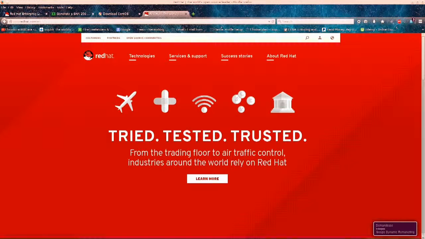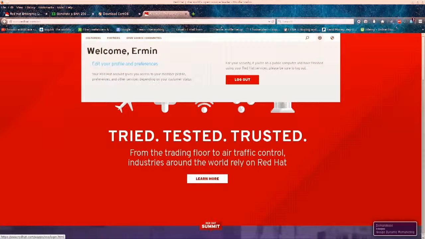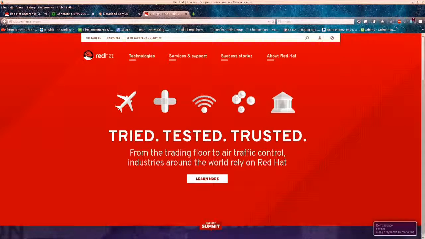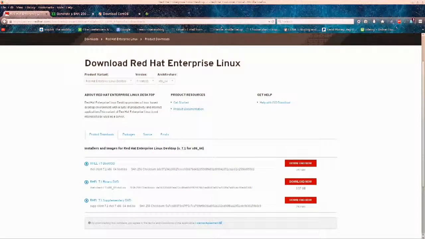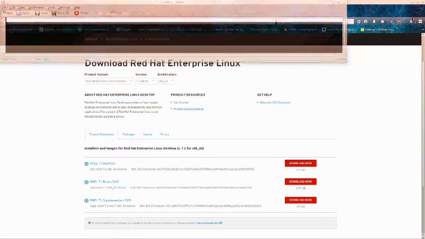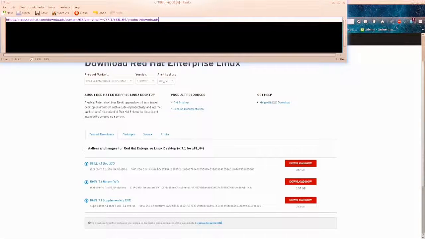This is their website, and here you would log in. So you do need to create an account in order to do this. Creating an account on Red Hat is absolutely free, and once you create an account there, head over to this link. You can navigate on the page without problems, but I'm just going to give you a link